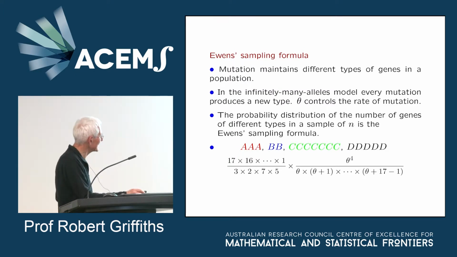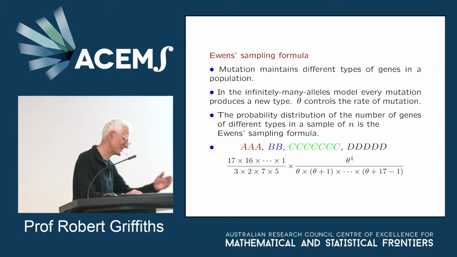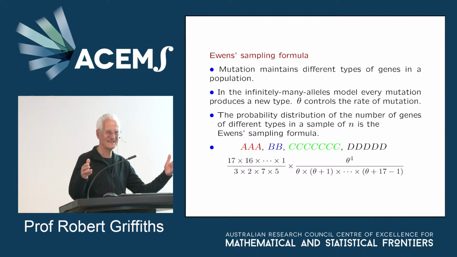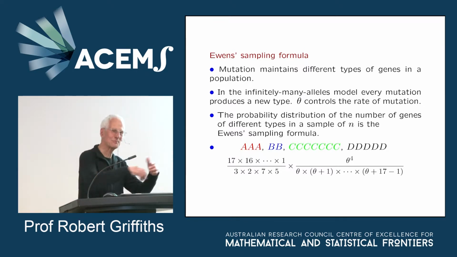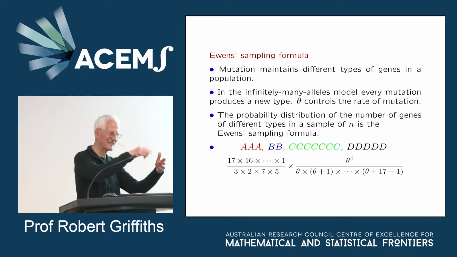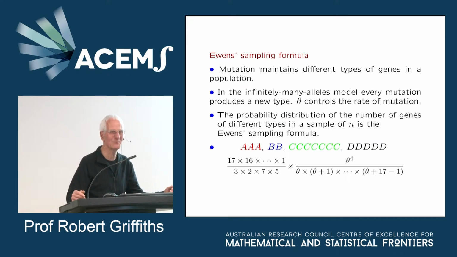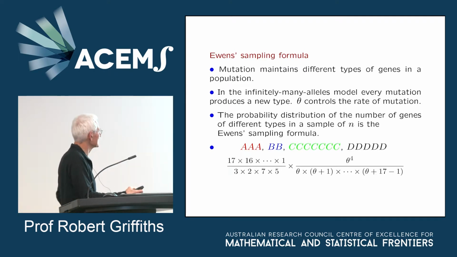And the assumption was that every mutation would give you a new type. I suppose the logic was a bit like saying if you've got a DNA sequence and you had a mutation, it would probably produce a new type entirely, because the DNA sequences are quite long and the chance you had any sort of back mutation would be very small. It'd be more likely to produce something new because there are so many positions in DNA sequences where a mutation could occur. But it's not about sequences yet.